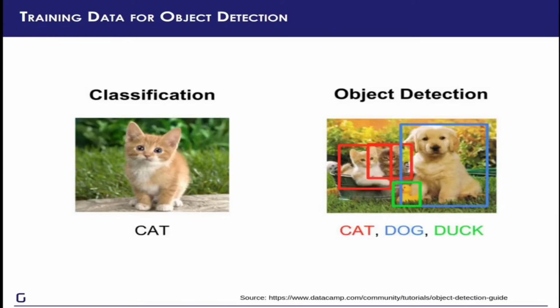Sacrifice accuracy significantly. But these hacks gave us a way of avoiding the cold start problem. For the detection problem, we had no training data at all. All we had was image classification data. So, given the image of a chart, we could tell what kind of a chart it is, but we couldn't tell where a chart is in a larger dashboard. So, the challenge was how do we get started with zero training data on detection, given that we already have a classification model ready and trained with us.